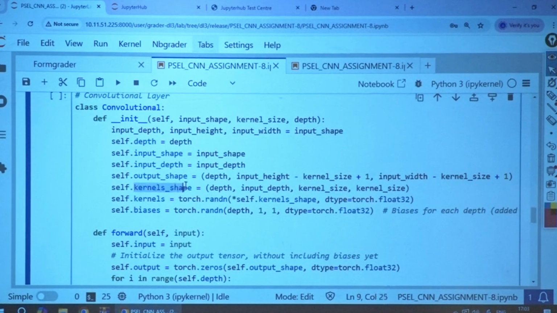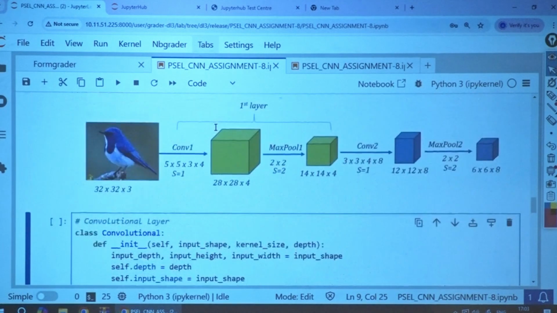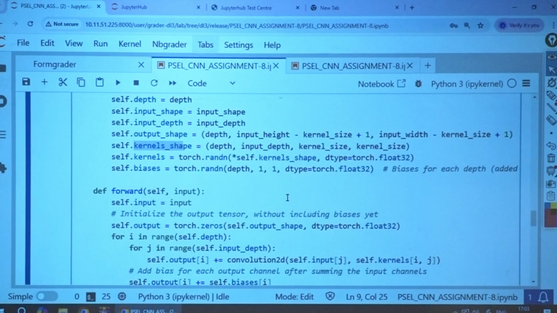Now the kernel shape is defined. How is the kernel shape defined? Similar to this kernel, 4 by 3 by 5 by 5. How you define this kernel shape is also important.